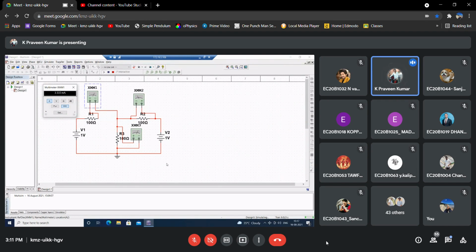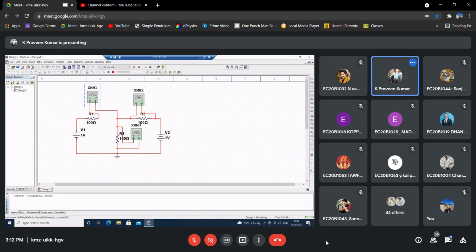So in this way, you can verify. Just build the circuit. Whatever circuit we have taken for our example, just build that circuit, connect the meters in a proper way, then just simulate and observe what the current is. And just verify whether the results that we have got are correct or not, right? So in this way, we can verify our node voltages and branch currents. Whatever you have calculated from the KCL, KVL equations, we are just verifying by simulating the circuit in a simulator.